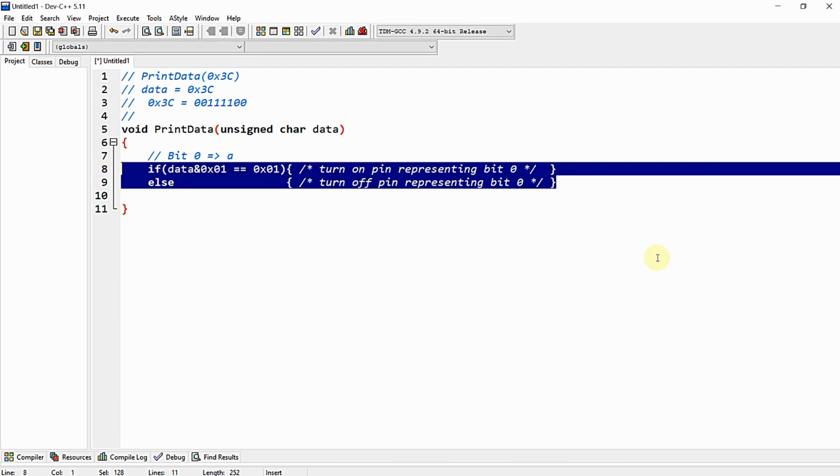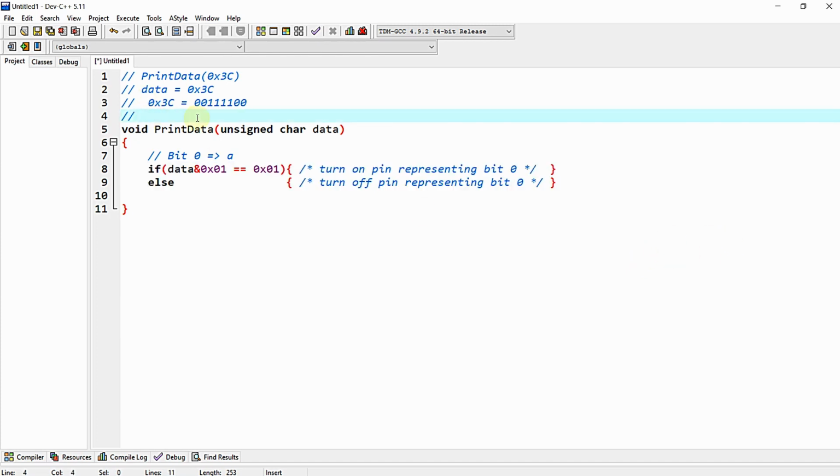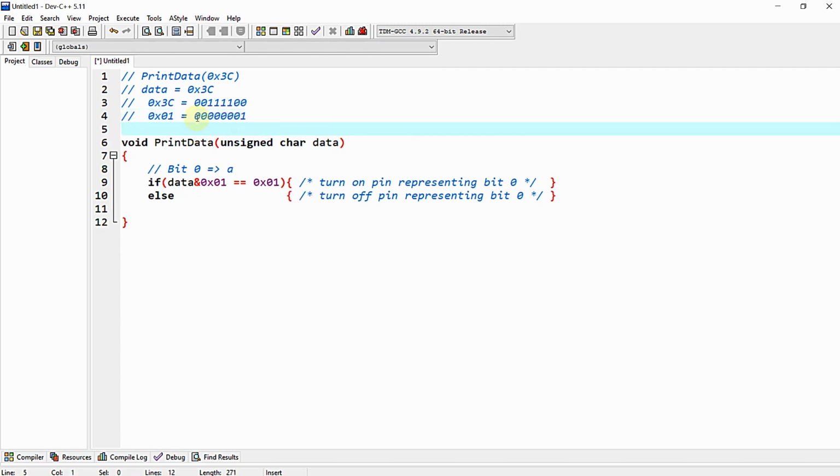So this particular if-else conditional statement is useful for deciding the state of the pin which is representing bit number 0, or for deciding the state of the pin which is connected to the A terminal of the 7-segment display. So let us try to understand this deeply. So 0x01 is nothing but 00000001. So when you perform AND operation between these two,